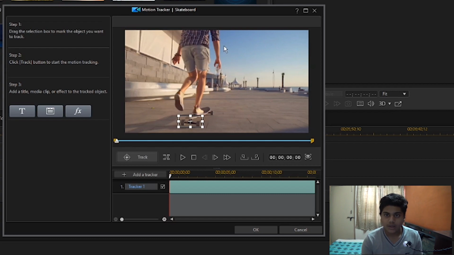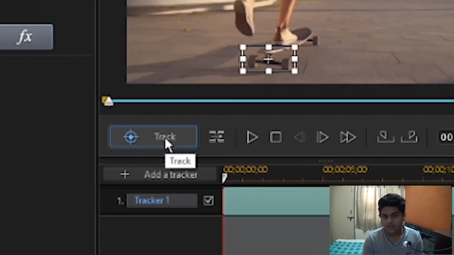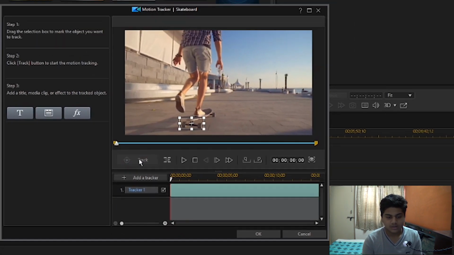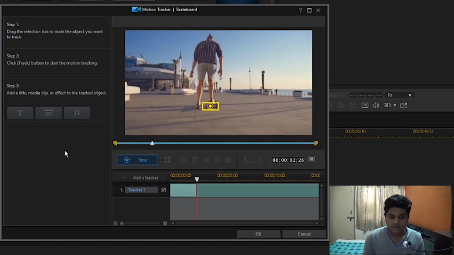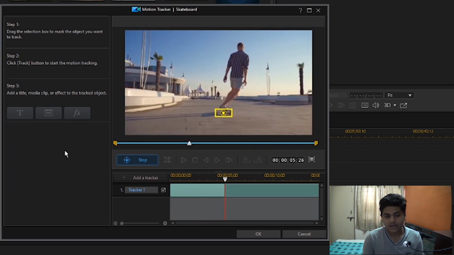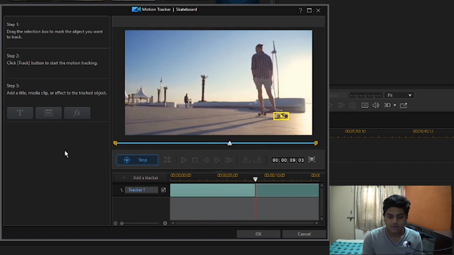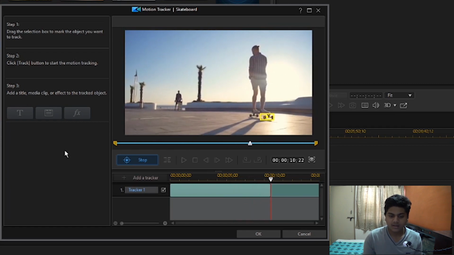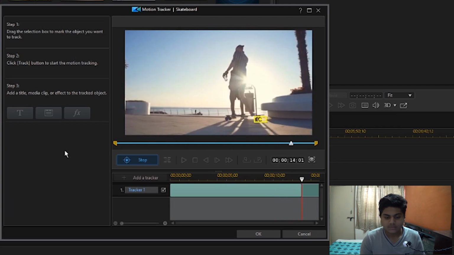To make PowerDirector know, you need to click the Track option. Now it is tracking where the object is. You can see PowerDirector is tracking very accurately, because it stays in that position only. If you click stop, it just stops tracking.